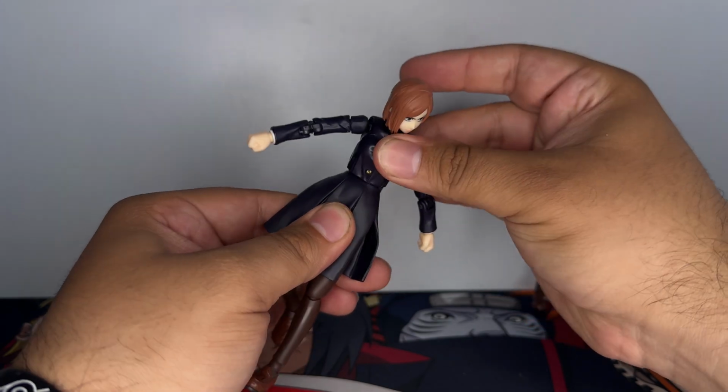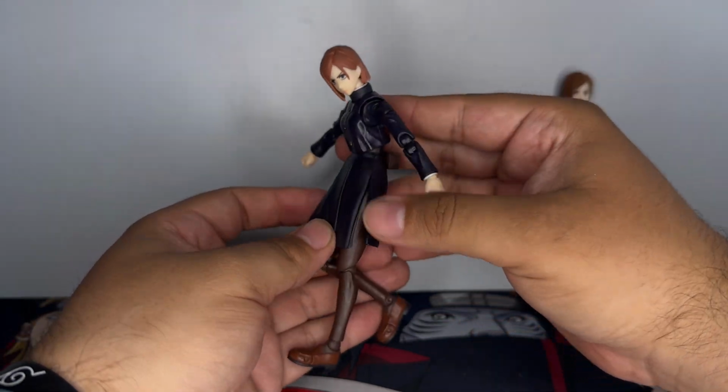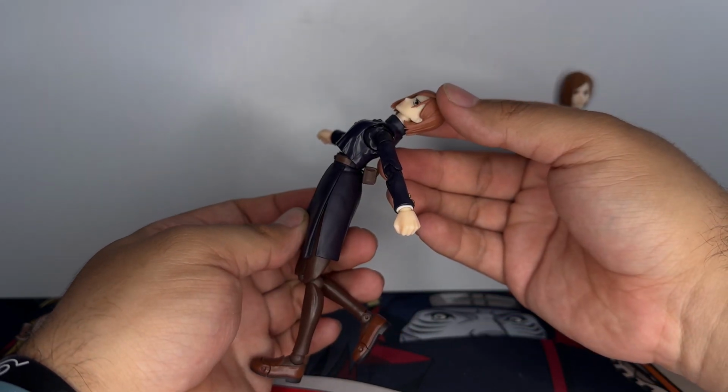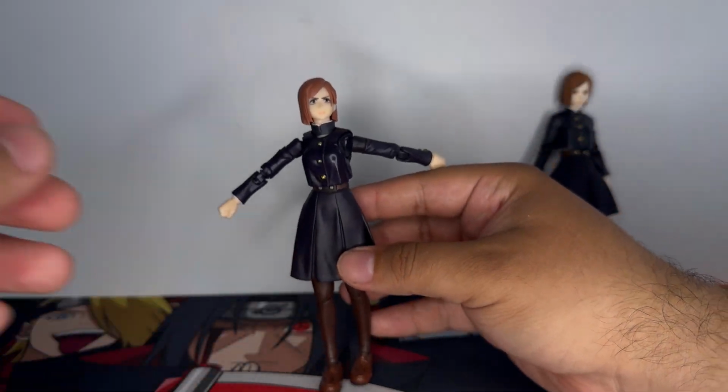Her torso can move really good. Really good rotation side to side. Her ab crunch is about this much. Not much, but it's enough, in my opinion. She can go back a whole lot, which is nice. She does have her waist swivel. And this is what I'm going to say, guys. For me personally,